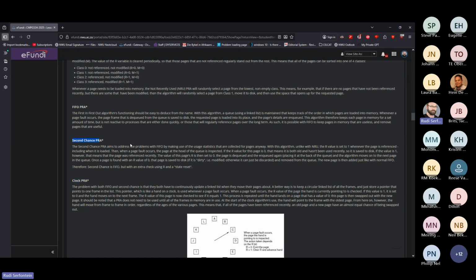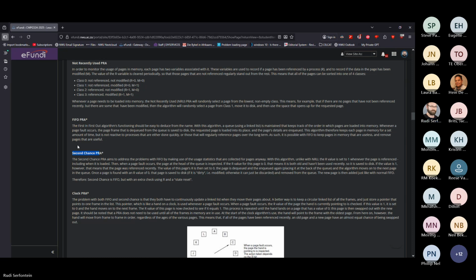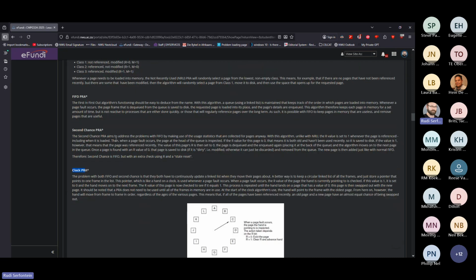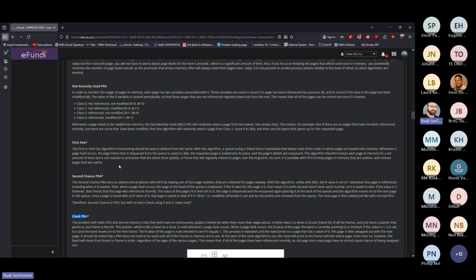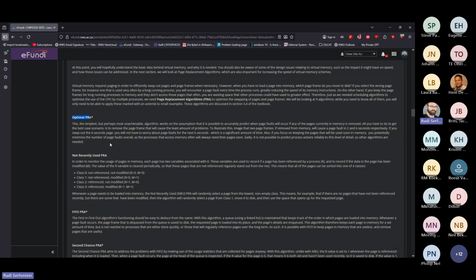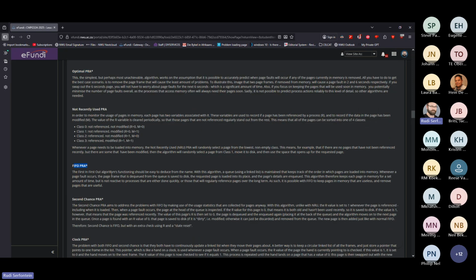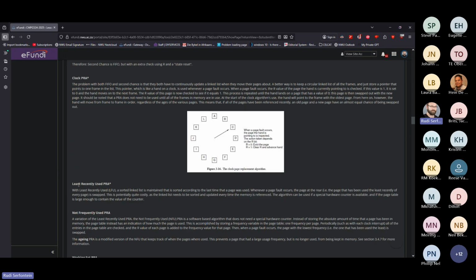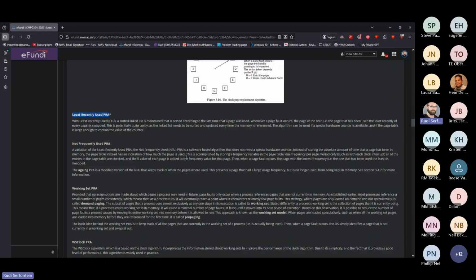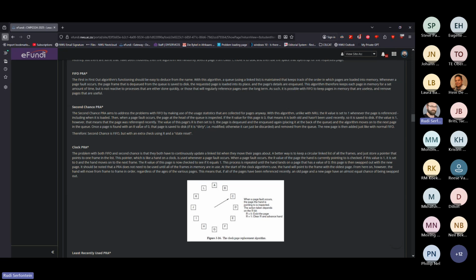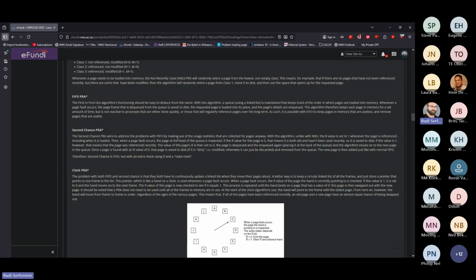Okay, but if you get one, that does not mean that the other one is going to be the clock. So let's say, for instance, you get second chance in the first opportunity. That does not necessarily mean that you're going to see clock in the second opportunity. It could just as easily be optimal. It can be first in, first out, and it can be least recently used. Okay, so make sure that you can use all of these algorithms for a given